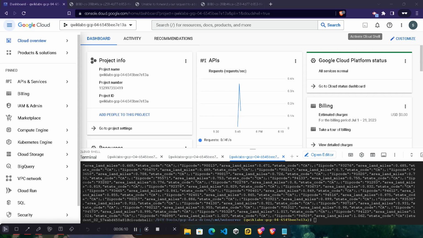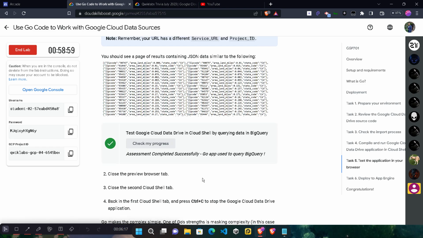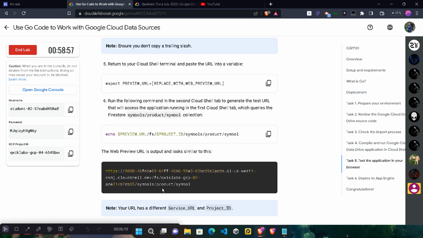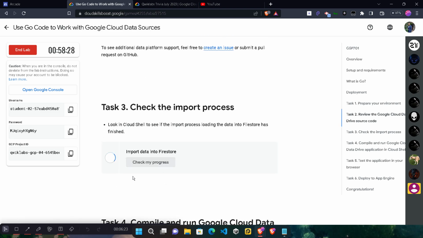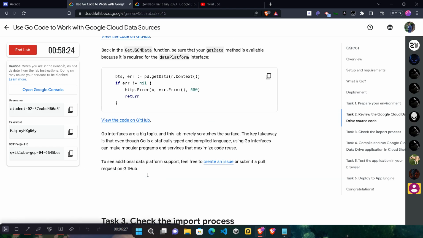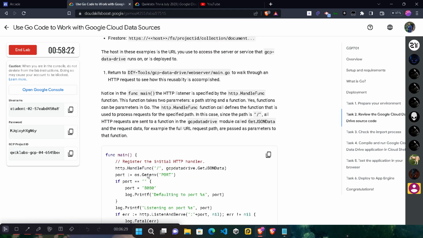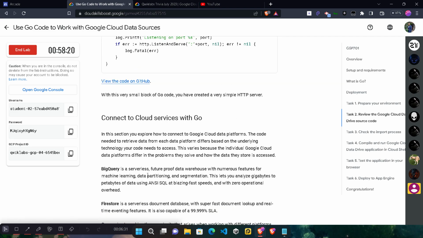Okay, so as you can see, our command is executed successfully. It takes around 3 to 4 minutes. Once it's completed, simply come back to your lab, scroll up and make sure you click on the check my progress for every task and you get the green tick for every single task. Click on the check my progress till you get the green tick. Make sure you can see we get the green tick. Scroll up, keep scrolling, find the check my progress and click on it.